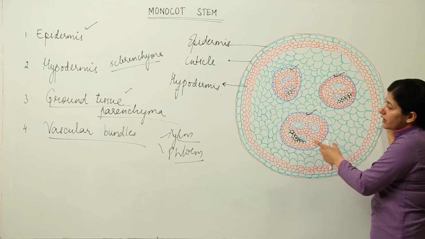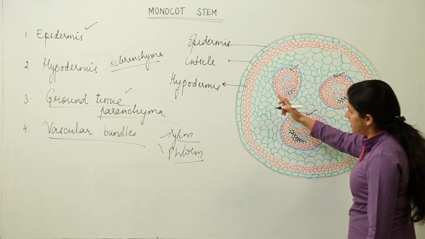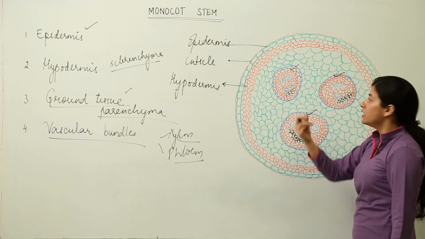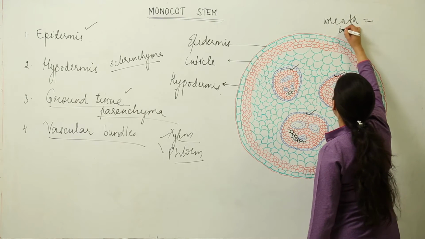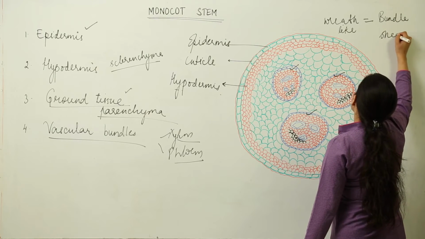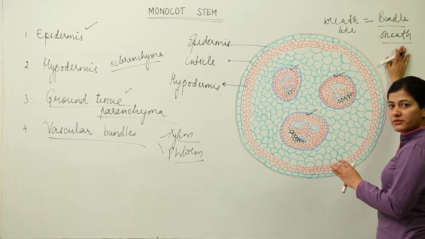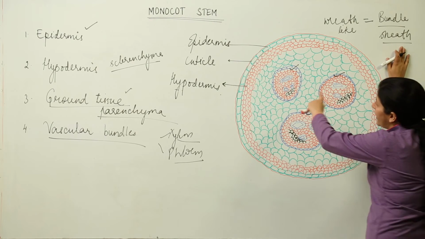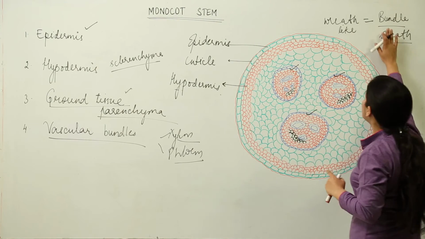Now, talking about the vascular bundle, one thing you have to keep in mind is that there is a wreath-like arrangement, single layer of cells. This is wreath-like. Wreath is what? Wreath is a covering. So, we have a wreath-like arrangement of cells which is otherwise known as bundle sheath. Now, this is something new which was not present in the dicot stem. We have a new term, that is bundle sheath. Please keep in mind that the vascular bundles in a monocot stem are surrounded by a single layer of cells which are closely arranged, and that close arrangement of cells is known as bundle sheath.